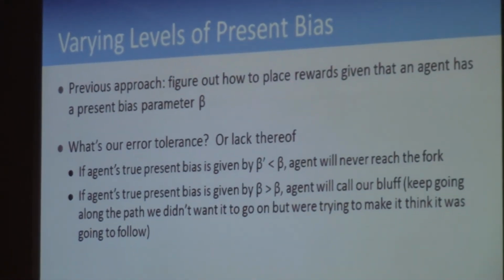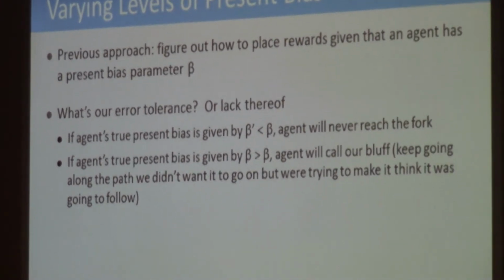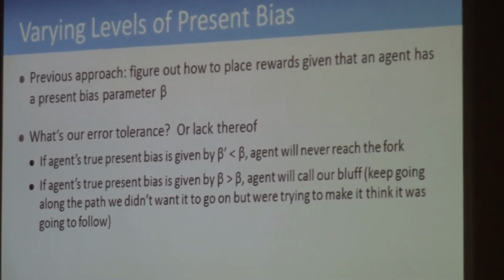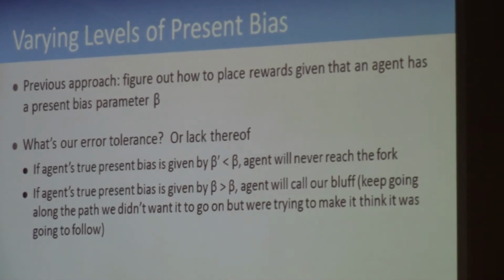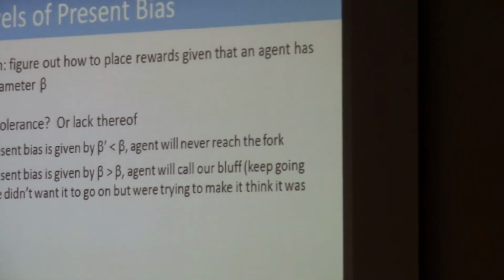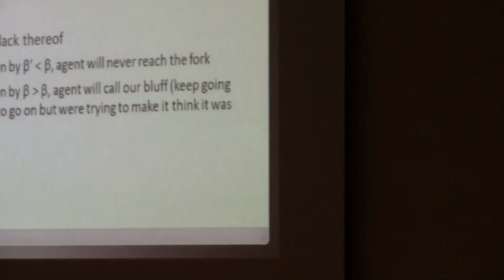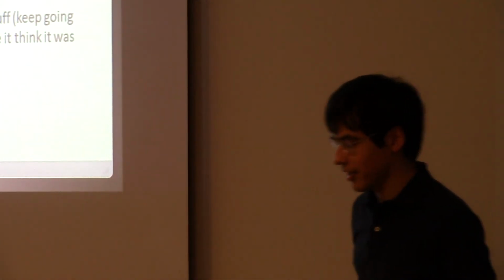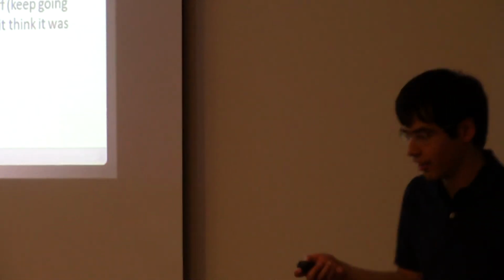In practice, you might not know exactly how present biased agents are. For example, there may be a lot of people this graph has to be presented to. If you're trying to teach a class, some students are really disciplined and so they don't have too much bias toward the present as opposed to the future. High beta. Some students only care if it's the night before, 3 a.m. the night before, like watching Netflix all the way up to then.